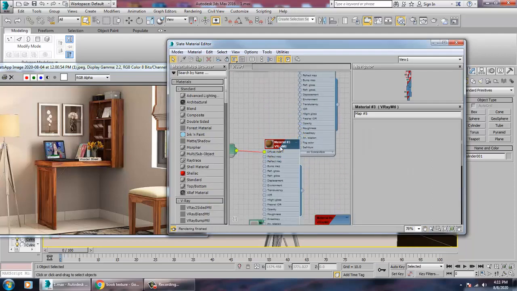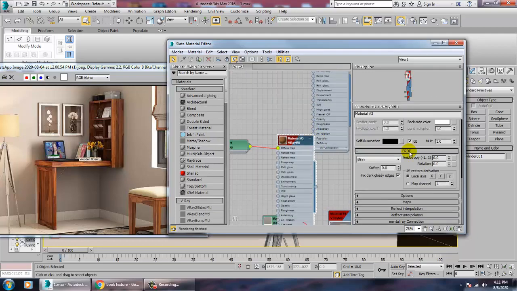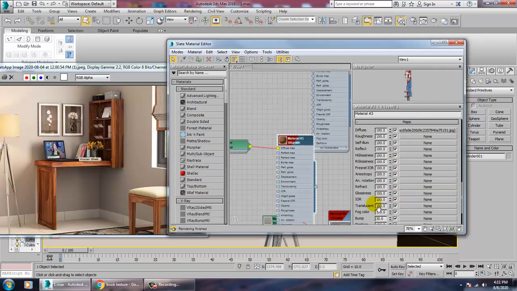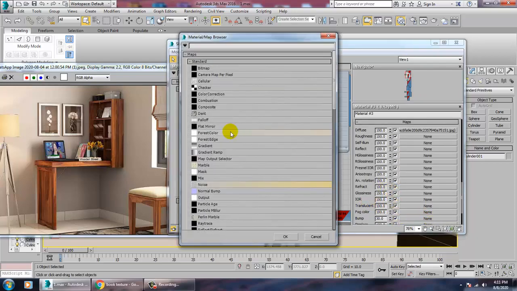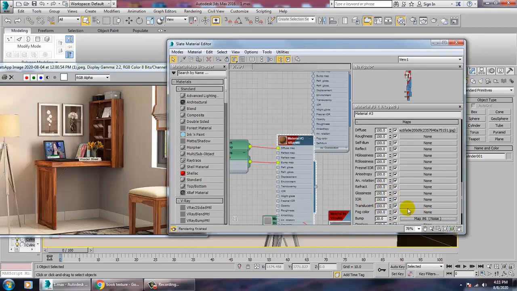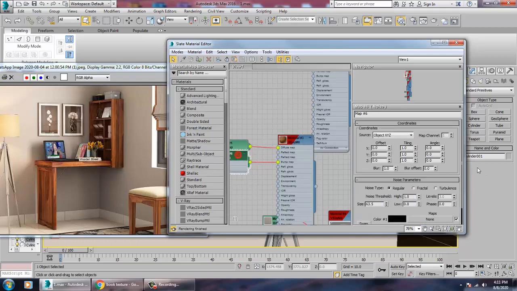We can also give a noise to the wooden part. So let's go into maps again. You can also give normal maps if you want. Let's go into the bump and give a noise over here. Double click on the noise, give a fractal and set it to 1. If you think that the noise is too high, we can reduce the noise to 0.3 over here.